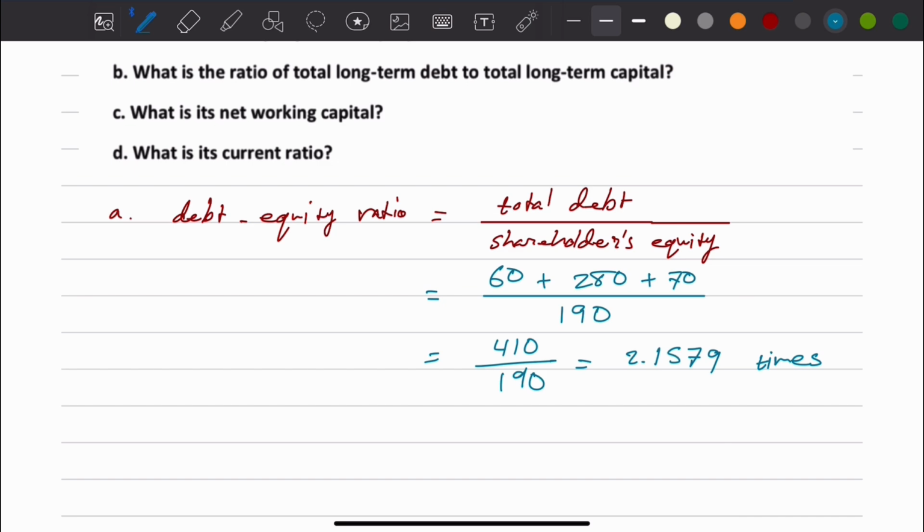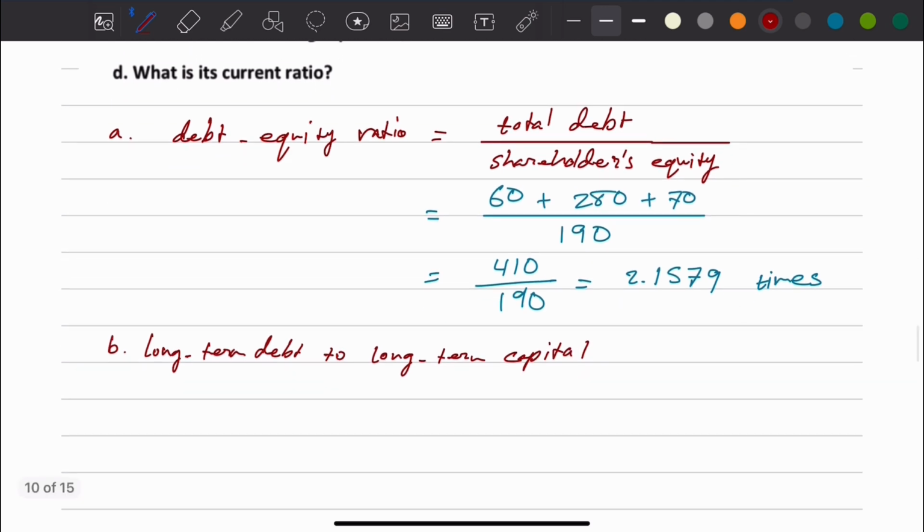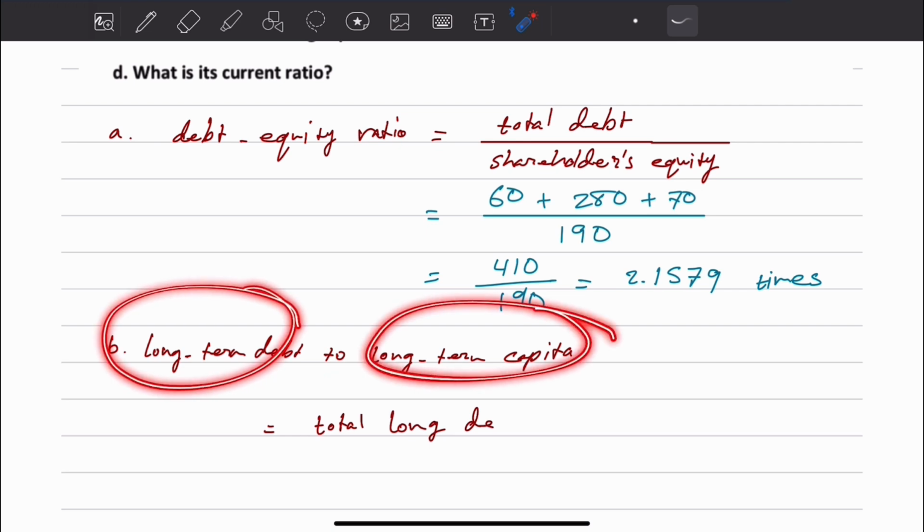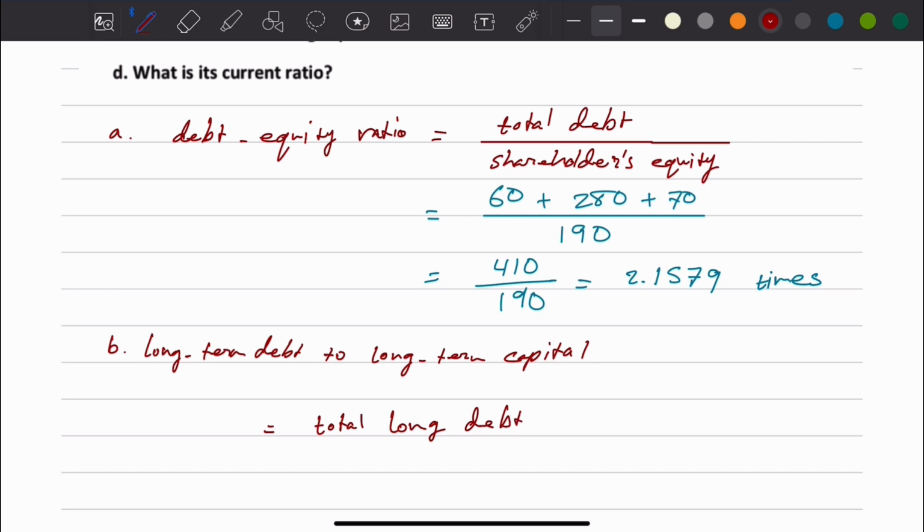So we'll write it down. Long-term debt to long-term capital. We're going to calculate it using the total long-term debt. Again, following the same rule, because the name of the ratio says long-term debt to long-term capital, we're going to take this and divide it by this. Long-term debt, and then divide it by the company's